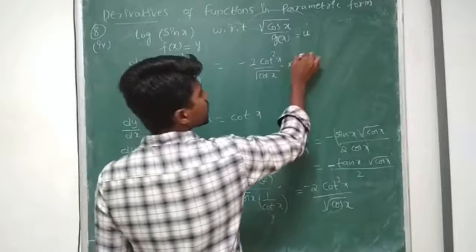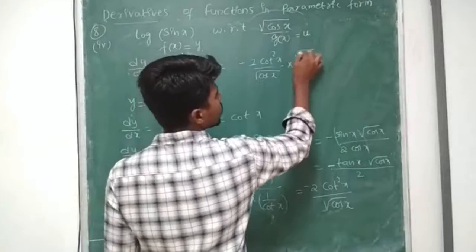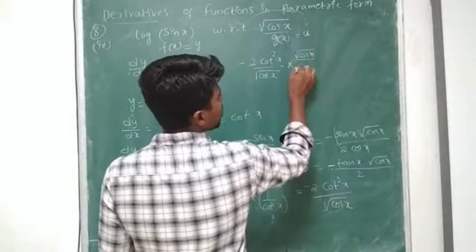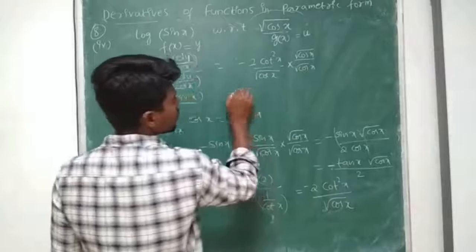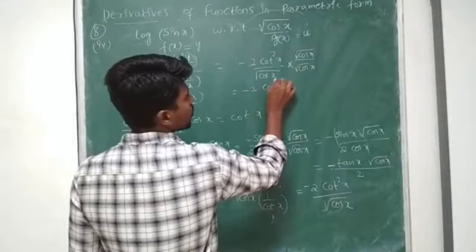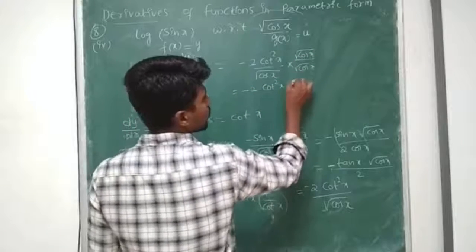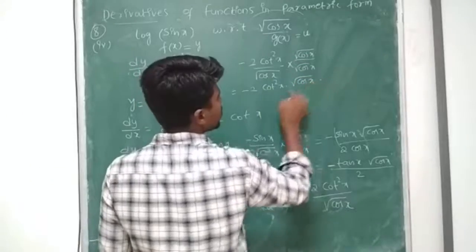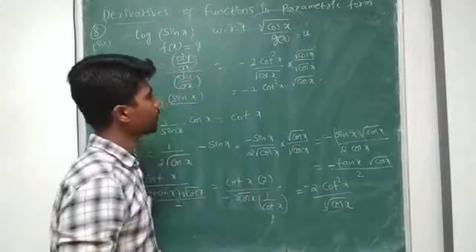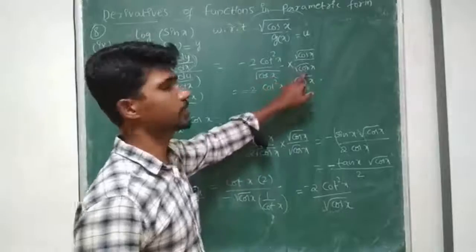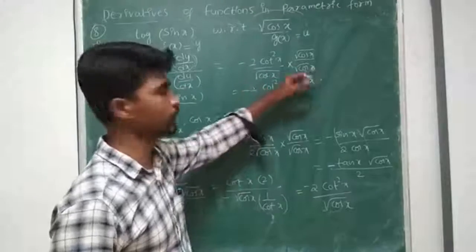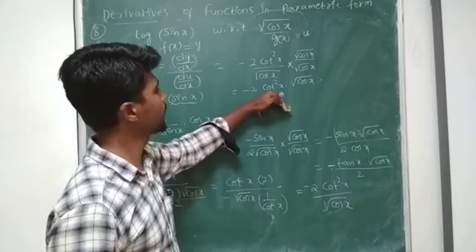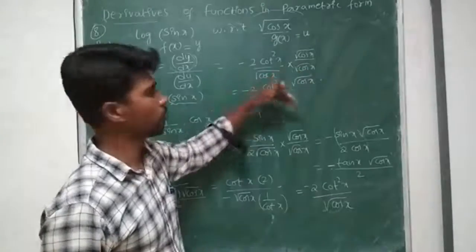Multiply, then we get root cos x by root cos x, nothing but minus 2 cot square x into root cos x into root cos x, we get cos x, and 1 by cos x is